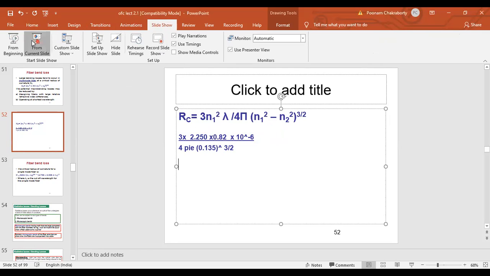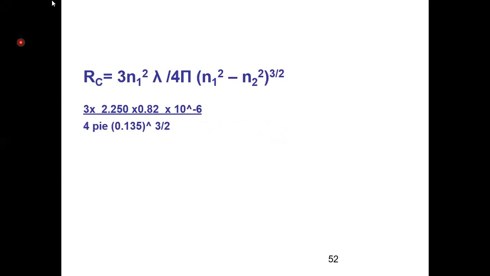Ma'am, what will be lambda c? Lambda c, yes, first finish this one, then I will tell you. Where does lambda c come from? V number, yes. So lambda c is the cutoff wavelength, and for a single mode fiber, Vc is 2.405. The formula is lambda c equals 2 pi a n1 square root of 2 delta upon Vc, and Vc for single mode operation is 2.405. So you first have to calculate lambda c.